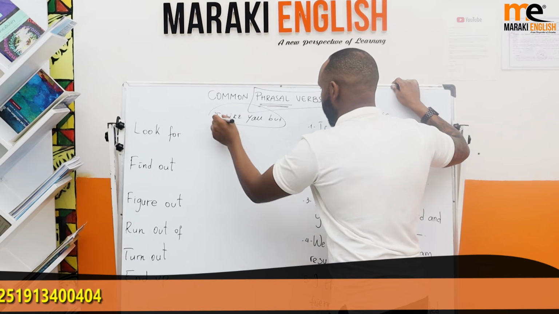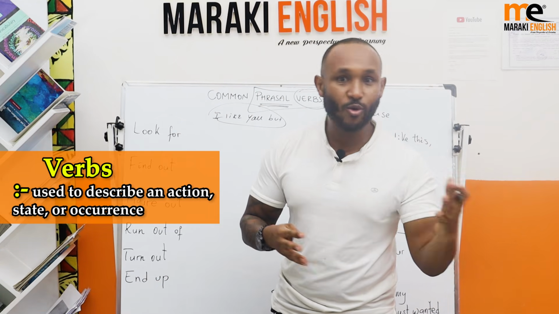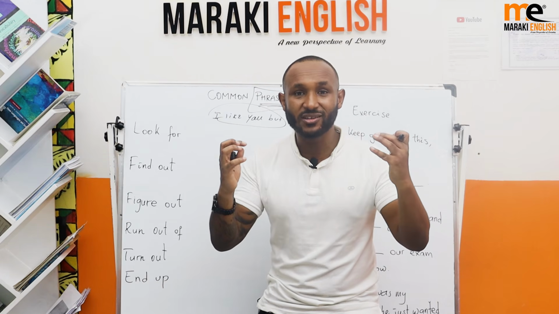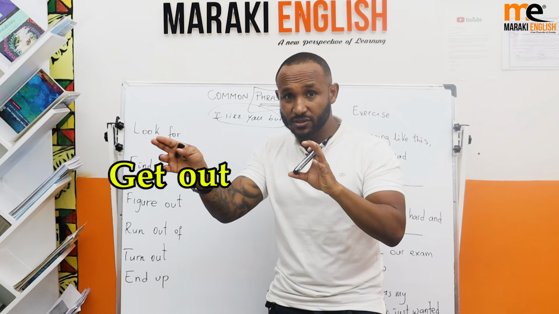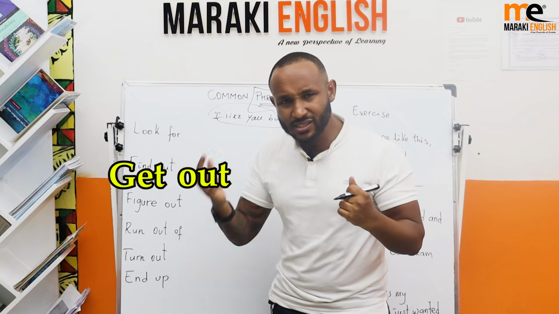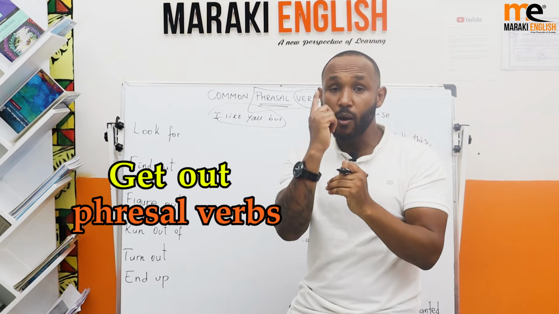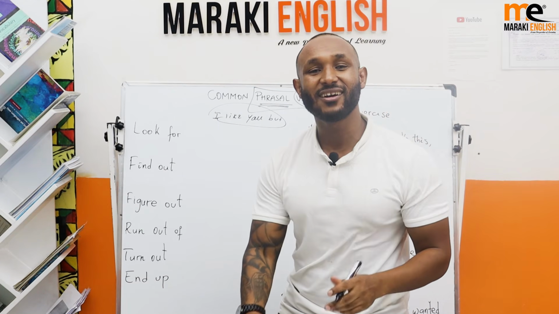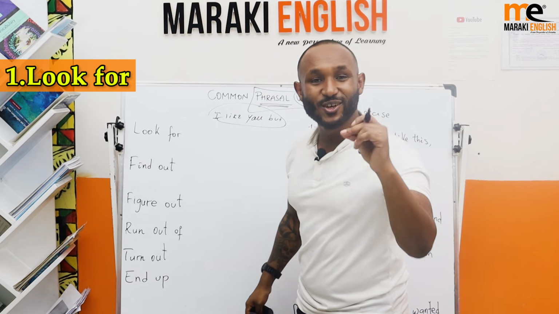So first one is that. So what are verbs? Verbs are action words like eat, go, come, sleep. But sometimes these verbs, these action words, they're more than one. They're two. For example, get out. That's an action verb. But it's not just one, it's two. So we call it phrasal verb. It's not one, and it shows us action. So these kind of words are called phrasal verbs, and I have 6 of them. First one is look for.